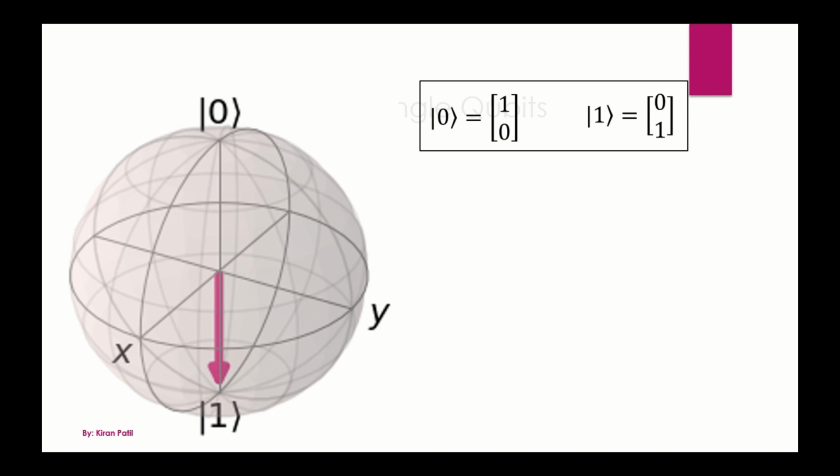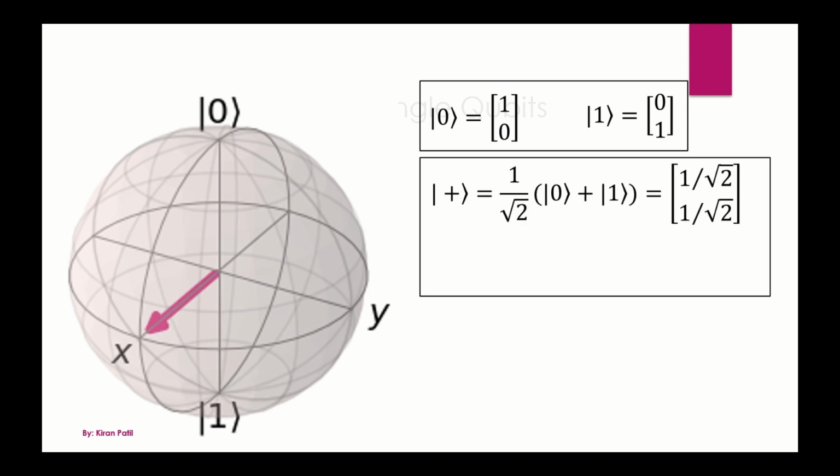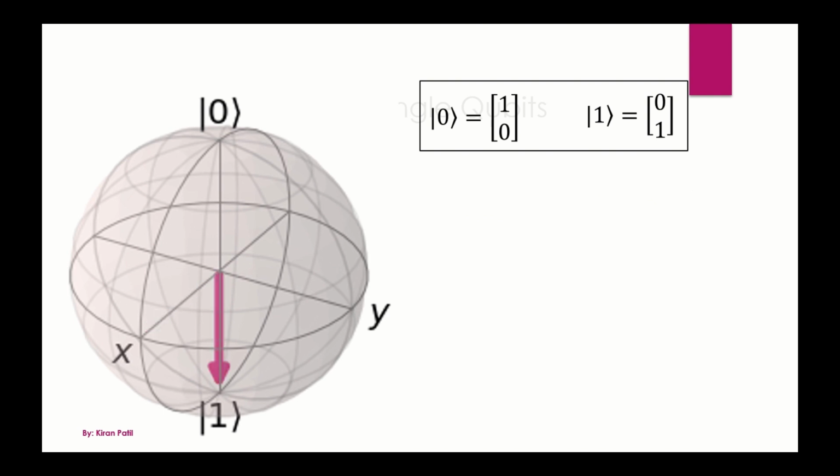Then Ket 1 is denoted by the column matrix 0 1. Now to calculate the vector that lies on the x-axis, firstly we will calculate it. To calculate it, from the previous discussion